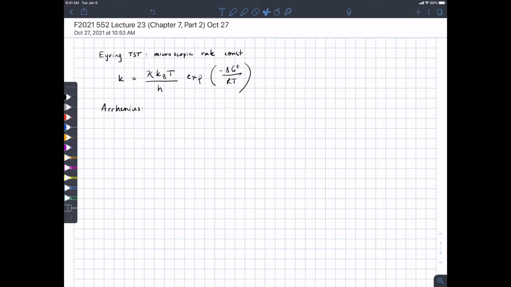This is for a single step in a reaction mechanism, the reaction of a single molecule or group of molecules, same transformation. The rate of that reaction depends on the activation free energy, how high you have to go up to get to the transition state, and then it depends on a host of other factors, including temperature, and then these constants. And we talked about how if you plot the natural log of the rate constant times Planck's constant over this term kappa, which is often assumed to be close to 1, the Boltzmann constant and T,